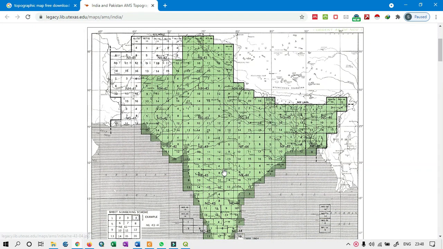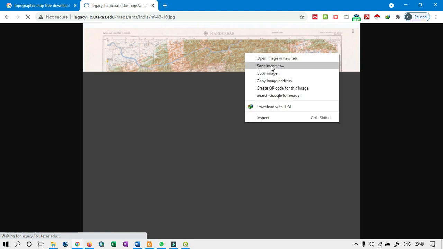On the basis of that, you just click on the grids and it will automatically open the corresponding topographical map as a JPG file. For downloading these images you have to right click on the image and click Save image as. In this way you can save the topographical map into your local drive.